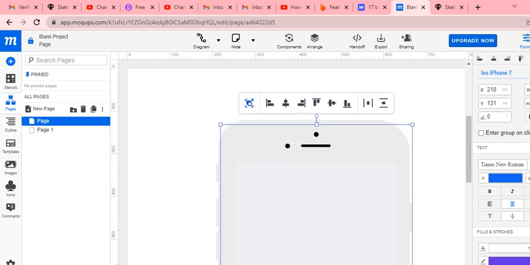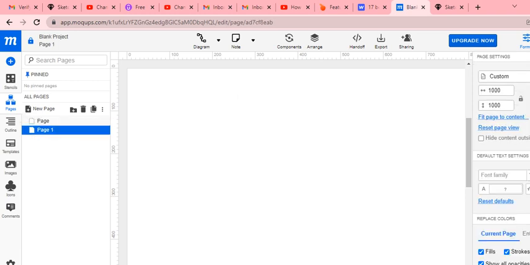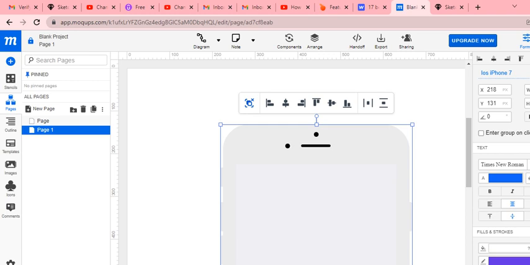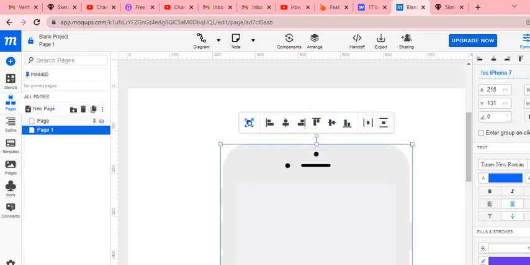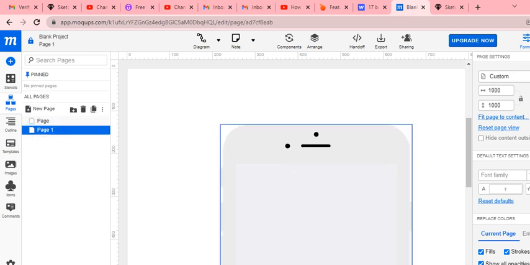Duplicate. Paste in this place, yeah. So there is consistency. So I can say that when this button is clicked, I can decide to prompt for things such as